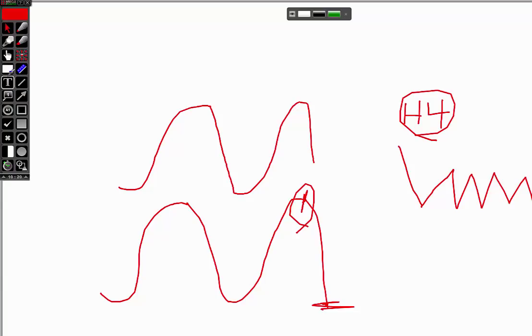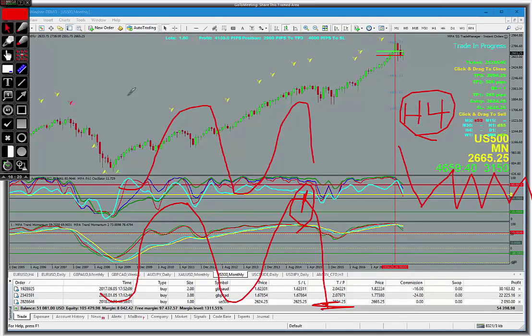So let's go back over here to the charts so we can show that in real time, and I'll erase some of my markings here. But you can see why in this S&P trade we kept slingshotting higher and higher, because the time frames were aligning and telling us to do so. In this other trade we entered just the other day, as we were watching this, the 4-hour moved from